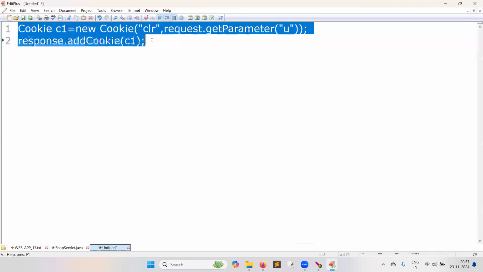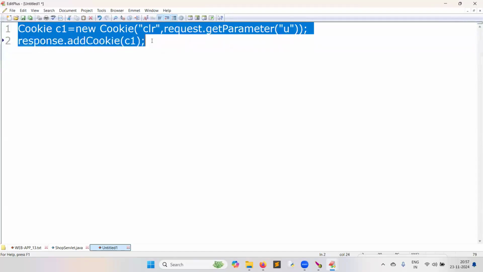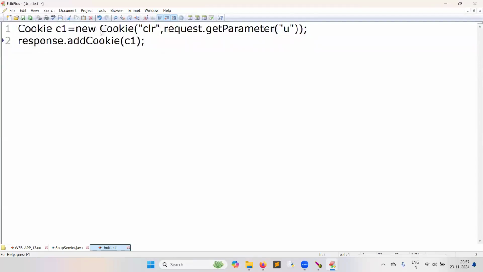This is the explicit way of creating a cookie and sending it to the browser. Sometimes you have to get the user-sent cookie back because the browser will resend it. In the request object, there is a method called getCookies. Cookies sent by the browser you can capture here.